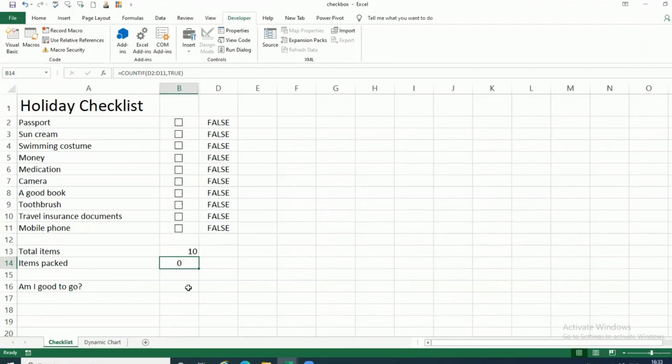Now I'm coming to, am I good to go? ये क्या है? तो for example अभी मैंने पासपोर्ट पैक कर दिया, सनस्क्रीन पैक कर दिया, मनी ले लिया, मेडिसिन ले लिया, कैमरा तो आजकल लेता नहीं कोई मोबाइल की वजह से, बट ले लिया, टूथब्रश भी ले लिया, ट्रैवल डॉक्यूमेंट ले लिया. मोबाइल फोन के बिना तो चलेगा नहीं आदमी. I forgot a good book and I forgot a swimming costume. ठीक है. So I have packed only 8 items